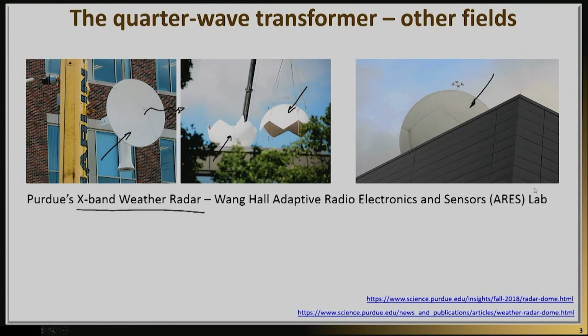The issue is that if you just leave the antenna like that, then it may get damaged because of wind or because of rain or snow or whatever the case might be. So we like to place around it a protective radome. But if you are not careful and you design the radome randomly, you will be able to protect your antenna,